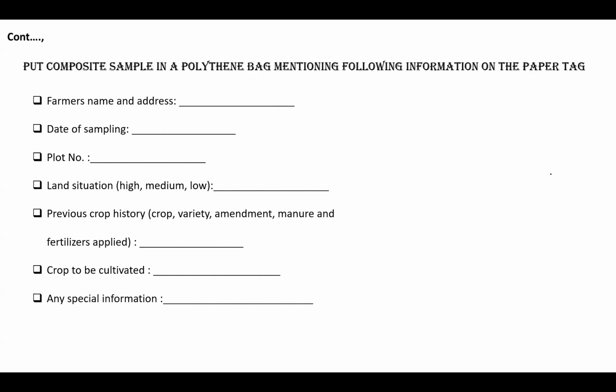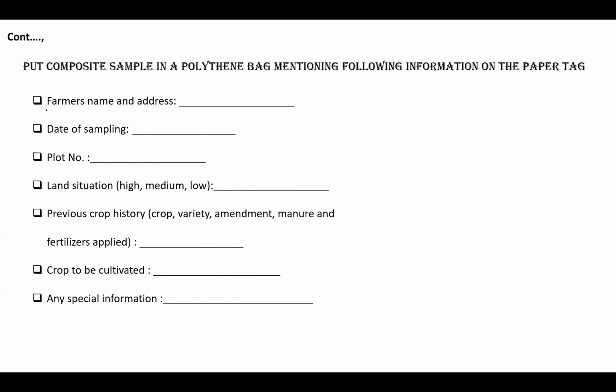So after collecting that, we have to put the composite sample. That is a composite sample. We have collected different soil samples from one particular area and we have mixed them. That is called your composite sample. After the composite sample, we have to put the sample in a polythene bag and keep a label